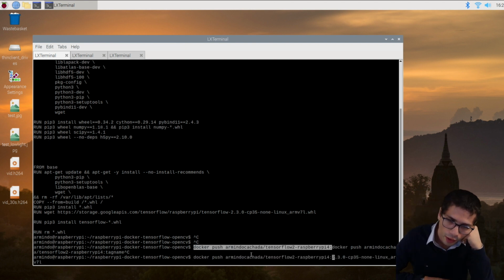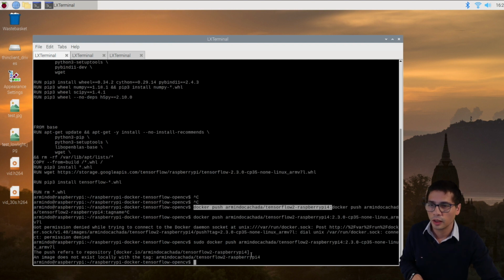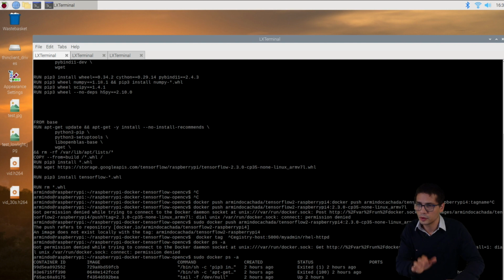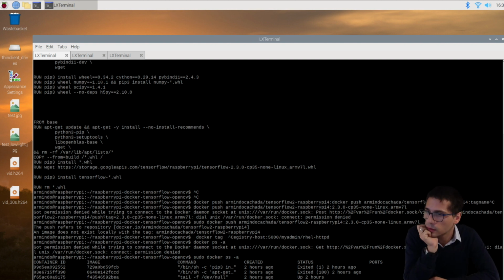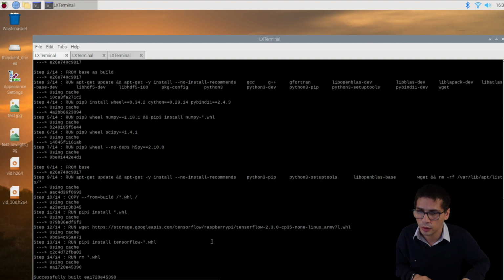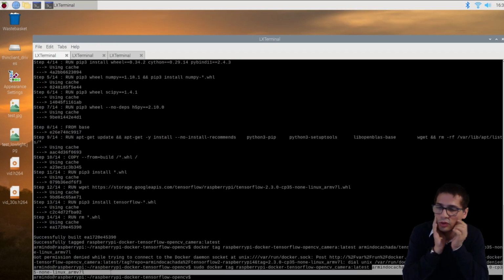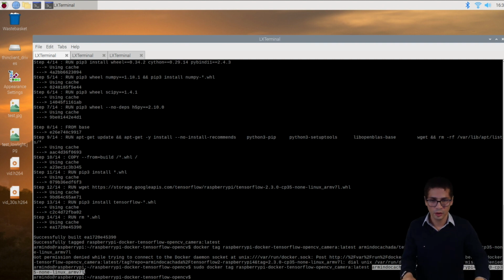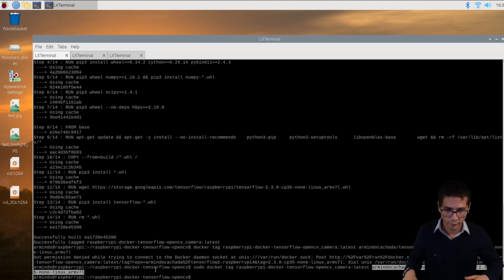Because I'm renaming the image, I need to figure out how to actually rename the image. It shouldn't affect anything because I've already built. Let's see if this works. Seems like it worked. So it's now uploading the image to the repository. All right.